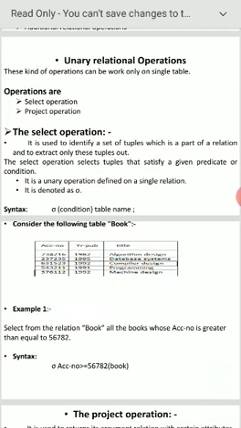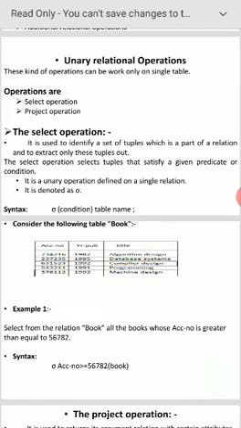It is denoted as sigma. You see the syntax here: sigma, within a bracket the condition, then the table name. You can take any condition and table name. I have taken employee; employee is a table name. Suppose I want to extract only those tuples from the employee table where employee salary is greater than 5,000.